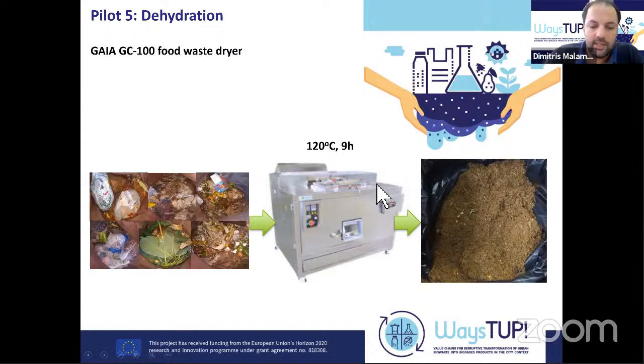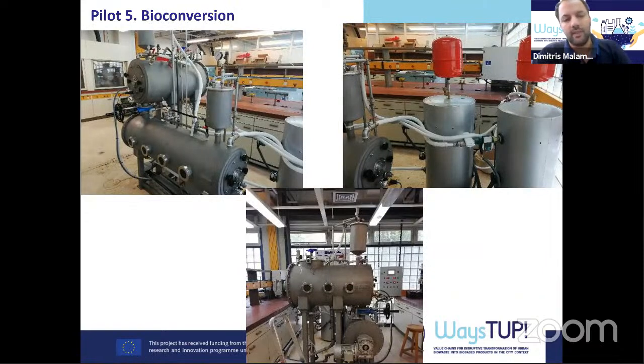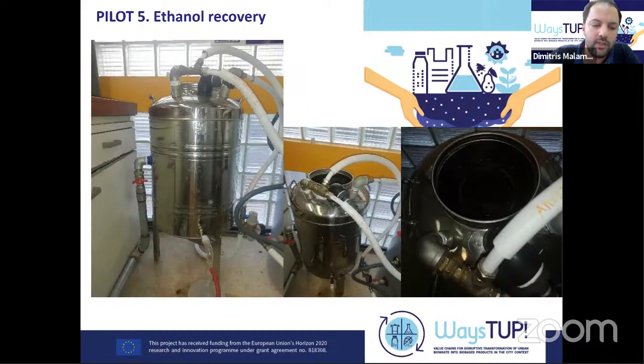At this stage, we have validated the drying system using the sorted biowaste, and the second stage is composed of the bioconversion system. As I said, it is composed of 2 interconnected chambers, each with a volume of 200 liters. It has a rotating shaft for the mixing of the substrate. We did all the necessary works in order to be able to operate for the cases of the WasteUp project. Then we have the distillation unit, which was designed and constructed in order to recover the produced bioethanol,